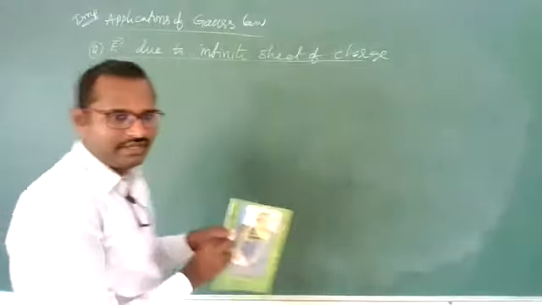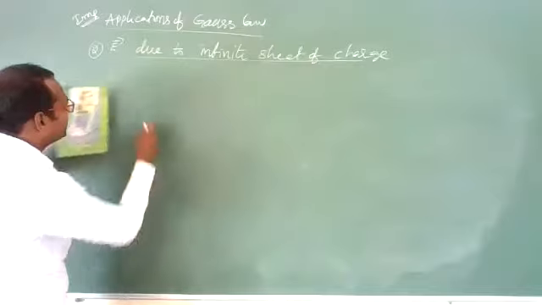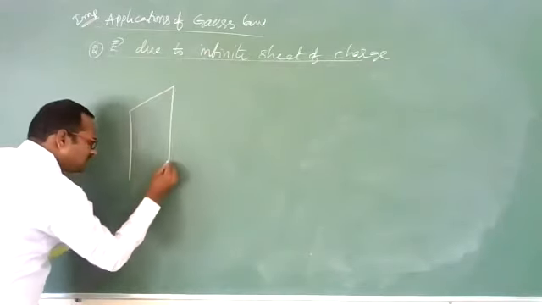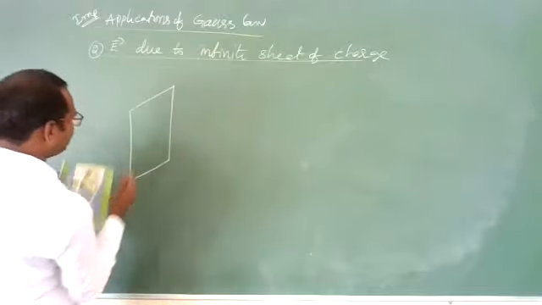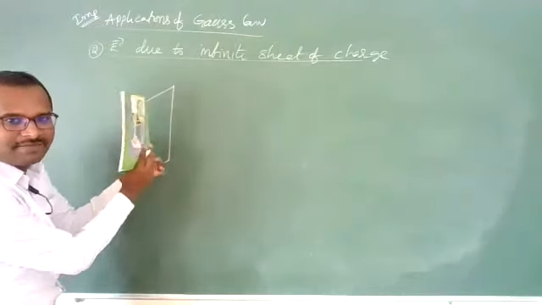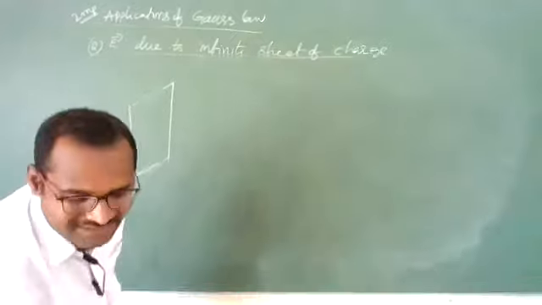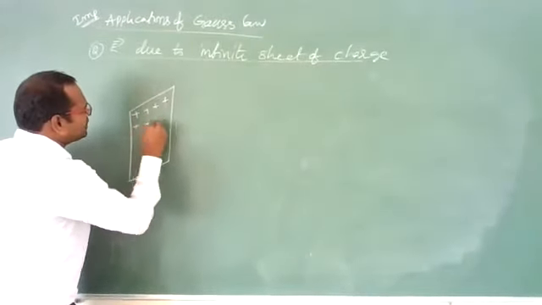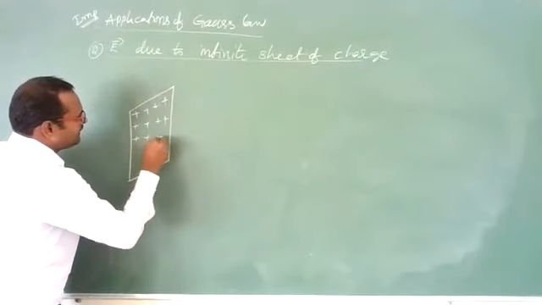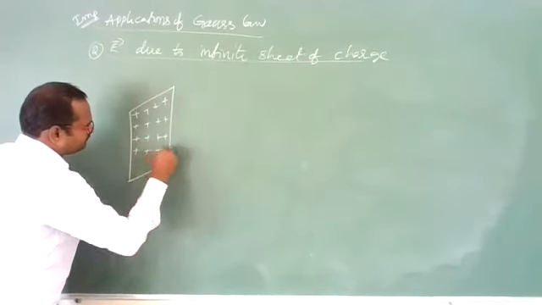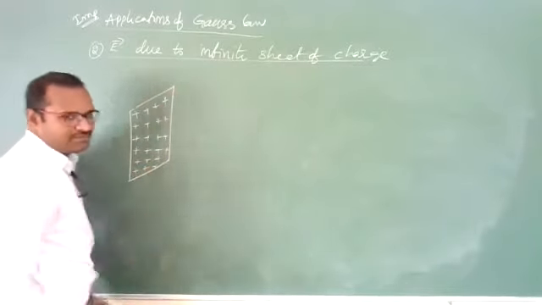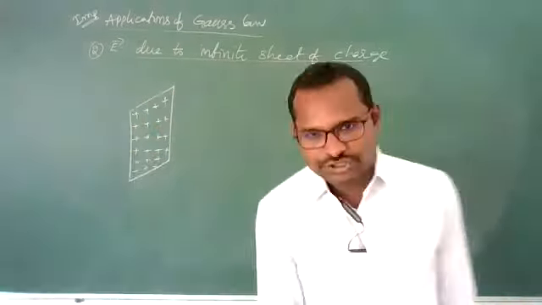This we want. Okay. So this sheet I am drawing here. Imagine this is one sheet of charges. I am drawing it like this because you need to consider it perpendicular to the board. Now on this sheet, a charge q is distributed uniformly. Imagine charge q is distributed uniformly like this. Here at each and every point, uniformly charge q is distributed.